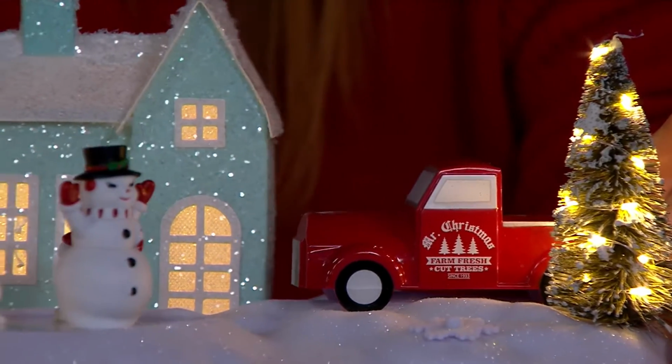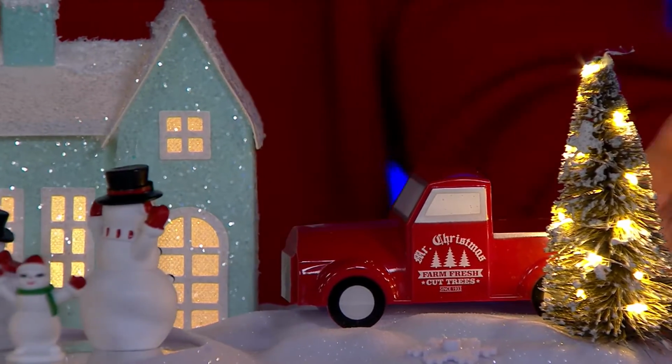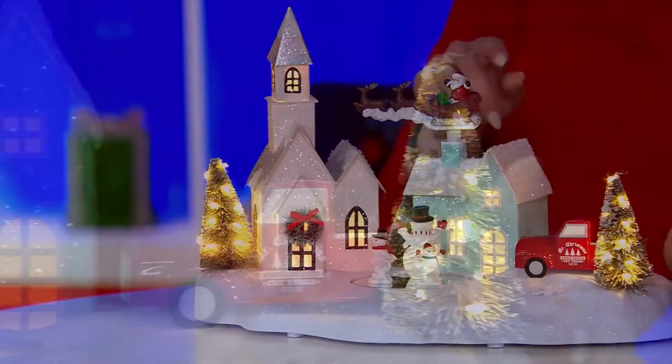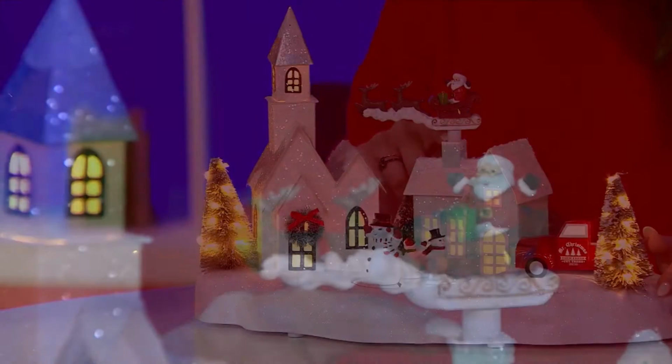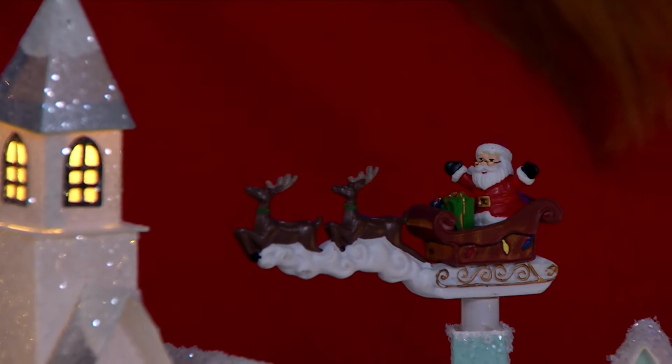Does it say established 1933? That's what I'm hoping it says. It does? Oh my gosh, I love it. Yeah, happy anniversary. And then look at the Santa coming out of the chimney led by his reindeer presents, and